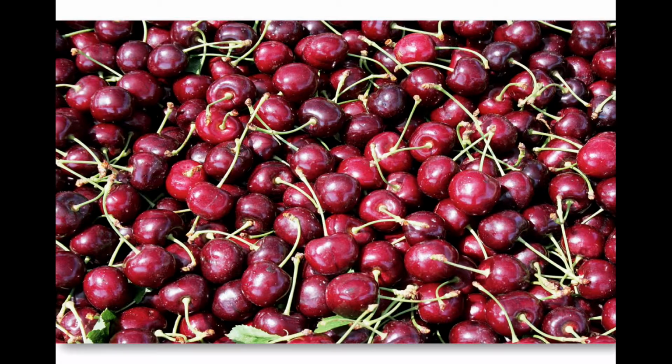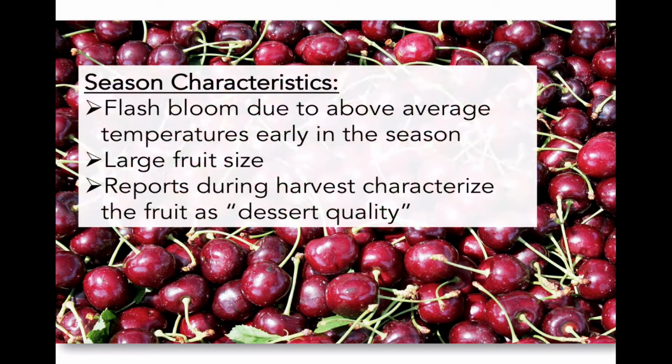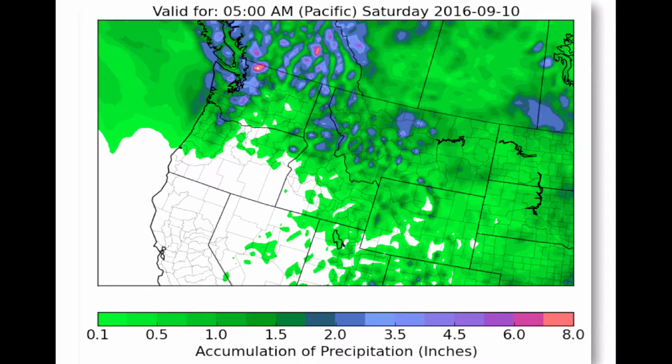Moving on to tree fruit, this year's cherry harvest was characterized by an early flash bloom due to the very warm start to the growing season. While this is reducing the overall quantity, the fruit size is very large and the quality is excellent. As the cherry harvest is nearly done here at the beginning of September, there is concern over rainfall causing splits